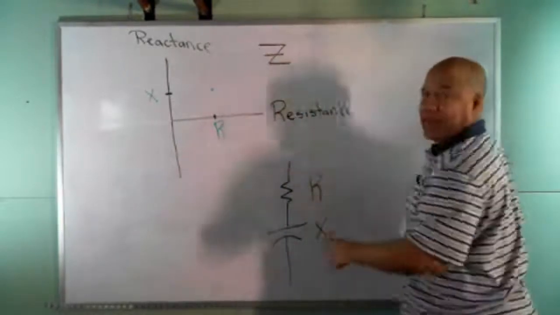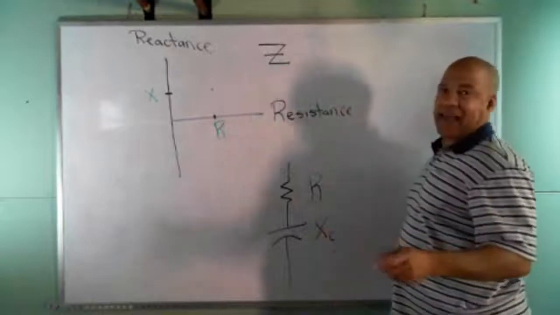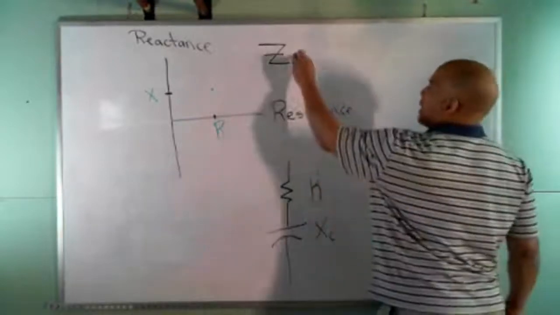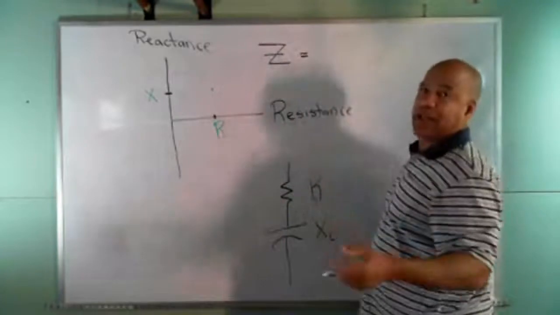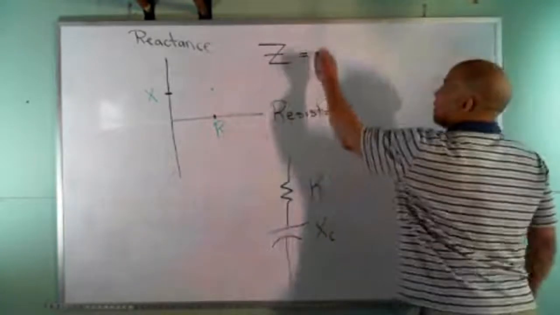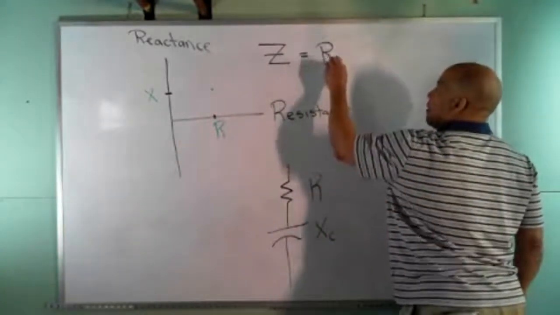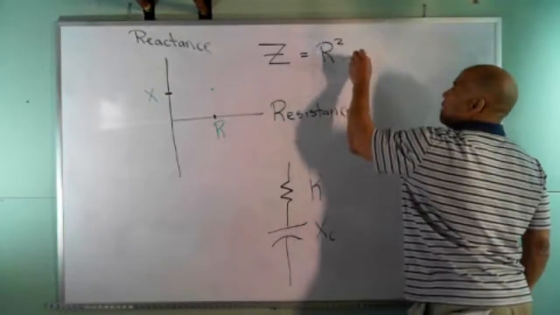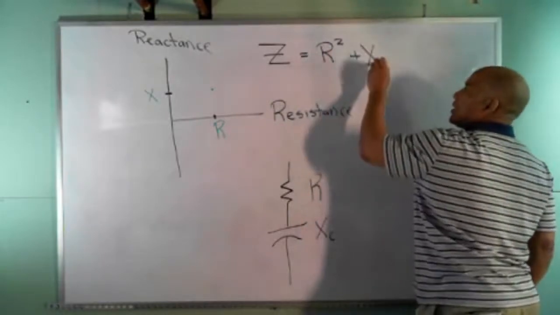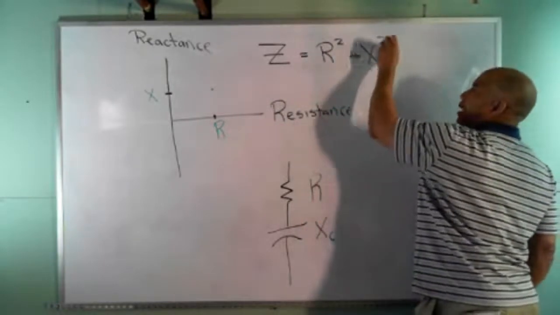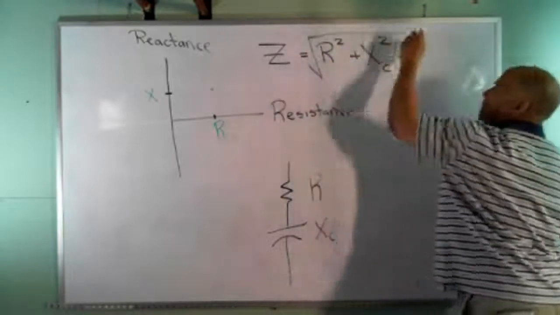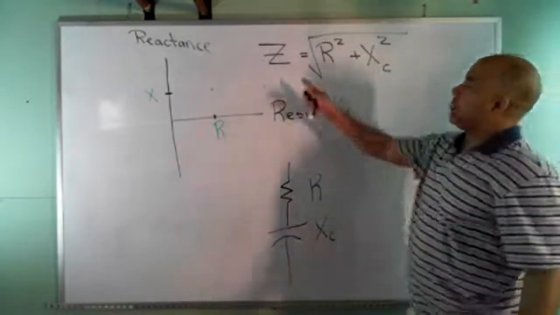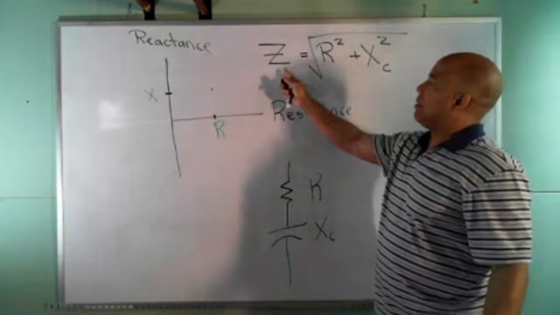You might think that you would add these up, but remember we said that these add up like a right triangle. So the way you would calculate this, and you can go back to the last video and review this if you want, we said that this is R squared plus XC squared, square rooted. But when you report that impedance, you've got to talk about the magnitude of the impedance,